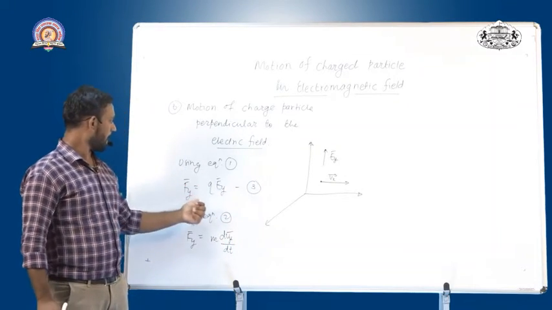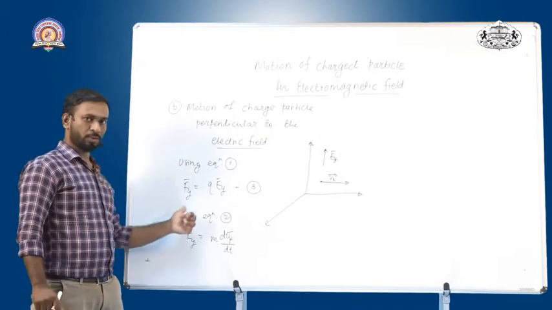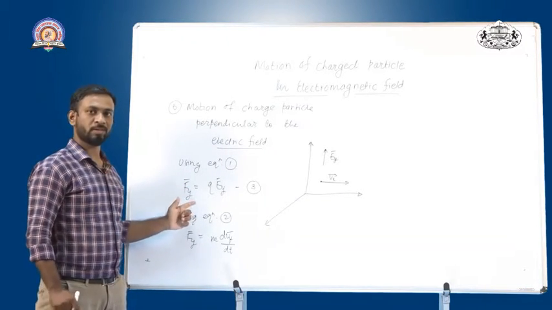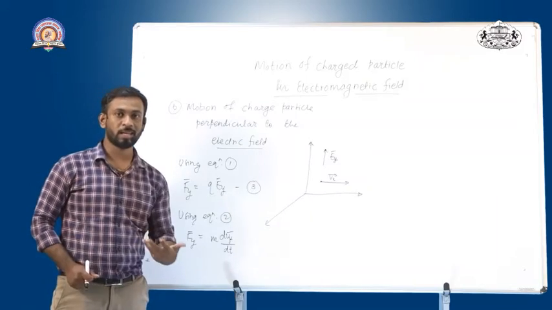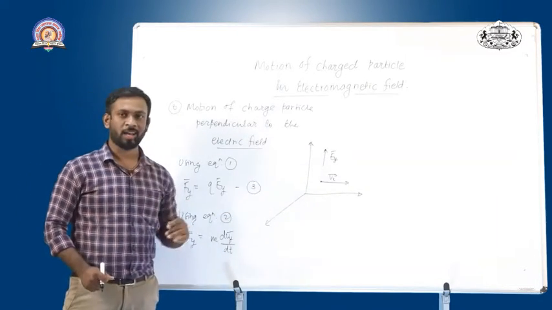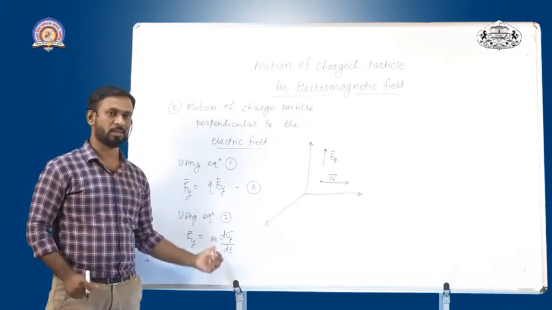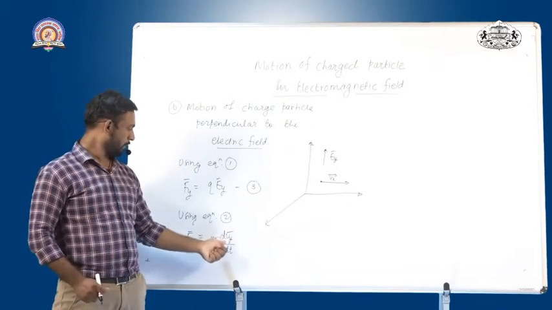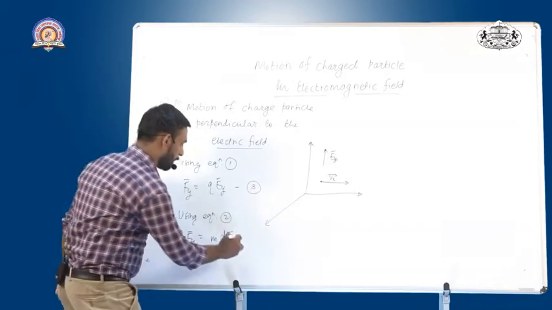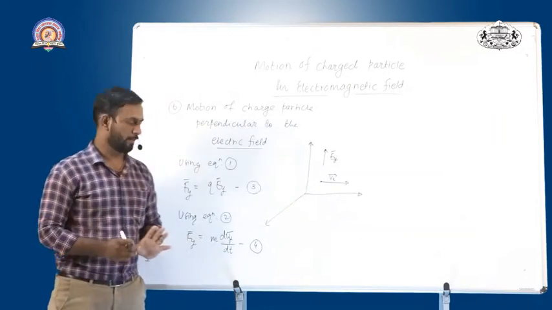Because when the charged particle experiences the electric field in the vertical direction, it experiences a Coulombic force in that direction, and due to that force the charged particle accelerates. The direction of the acceleration is the direction of the electric field, and as we know, acceleration can be represented in terms of velocity. So instead of ay I write dvy by dt. This is equation number 4. Keep in mind this vy and this vx term.